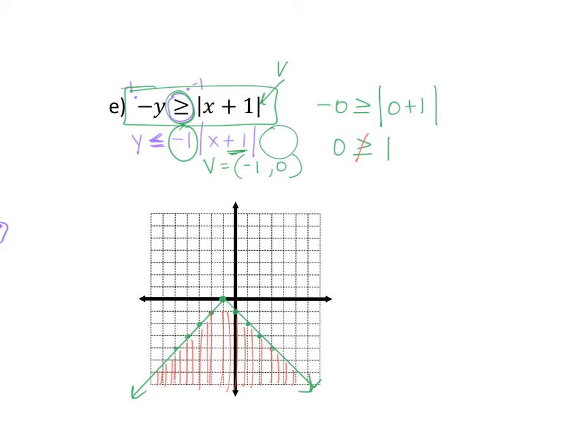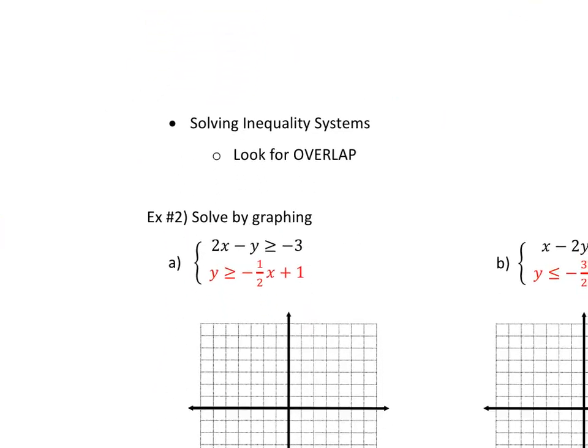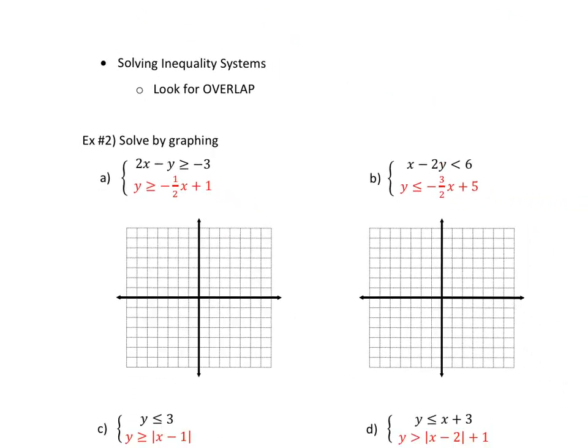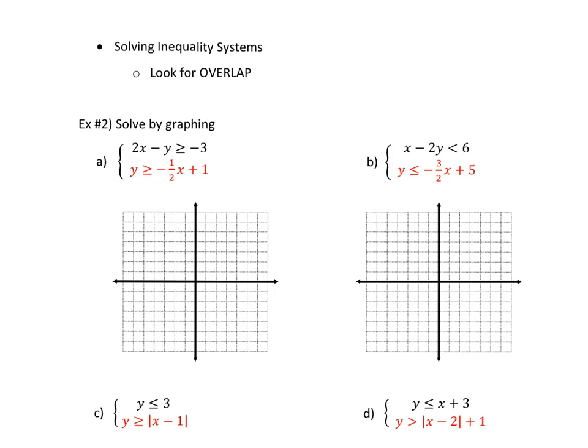Okay. Now they get a little fancier yet. Now we have solving systems with inequalities. So we're looking for overlap here. We're looking where things match up. Okay. So for this one, we are going to graph two equations. This first one, if I say 2x equals -3, Coverup method, and -y equals -3, then I can,